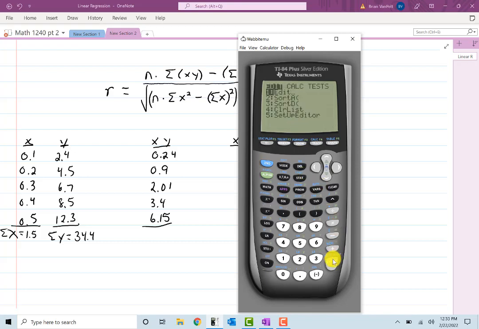Let me show you something here. Stat, and go to Edit. Let me delete our data from there. I should have showed you this before, but I just didn't. We can have our calculator do most of the stuff for us. Let me put in my x and y stuff. And then in L2, we're going to have 2.4, 4.5, 6.7, 8.5,